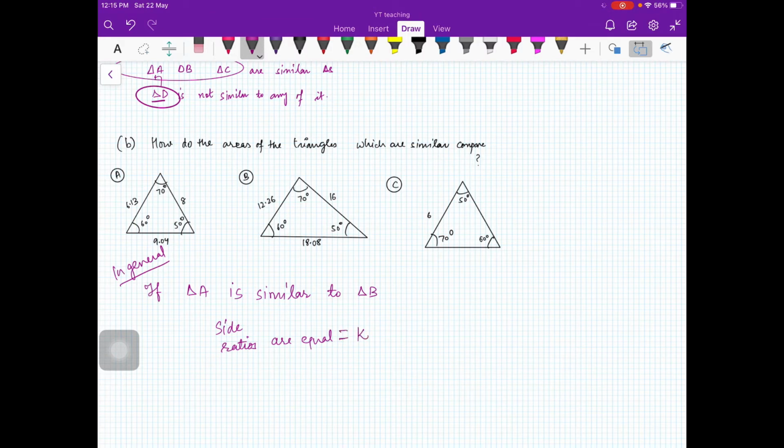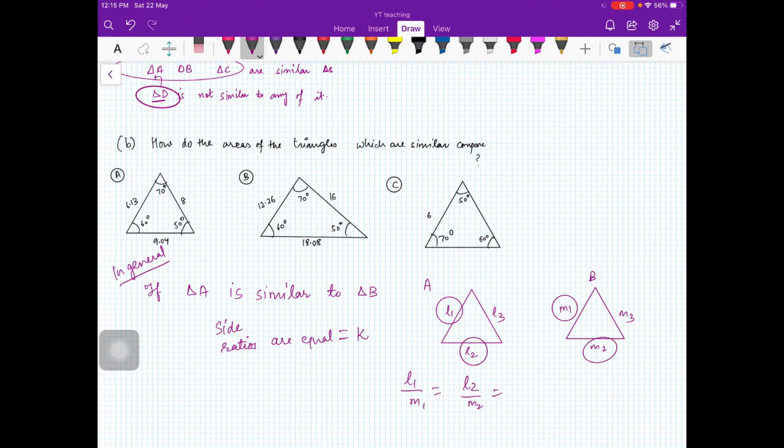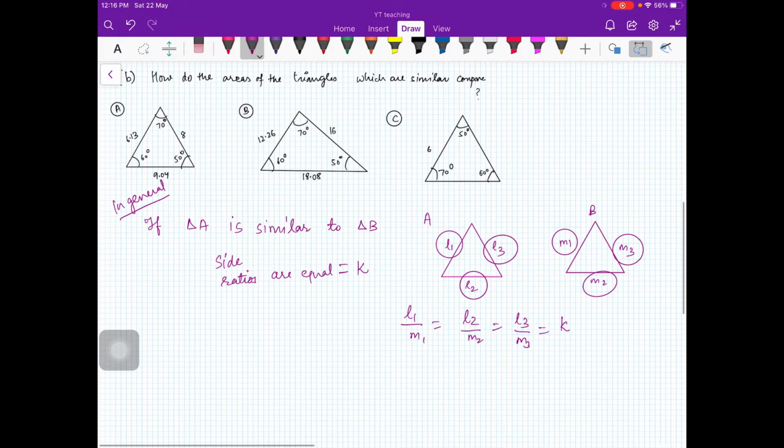Suppose that is equal to K. Suppose this is your triangle A with sides L1, L2, L3, and this is your triangle B with sides M1, M2, M3. So if L1 upon M1 is equal to L2 upon M2 is equal to L3 upon M3, and each is equal to, say, K, then